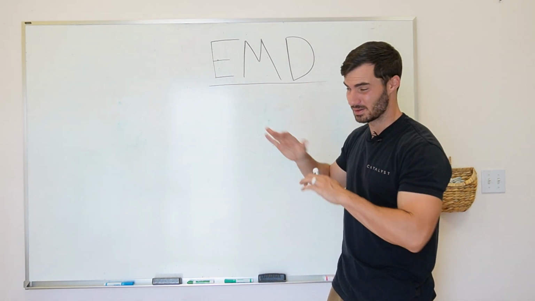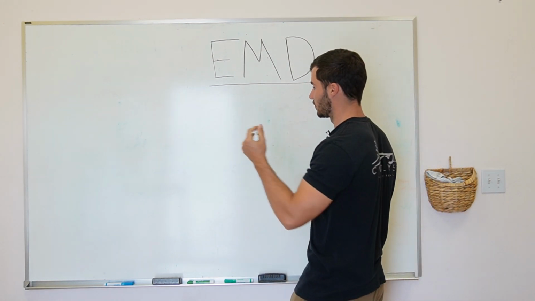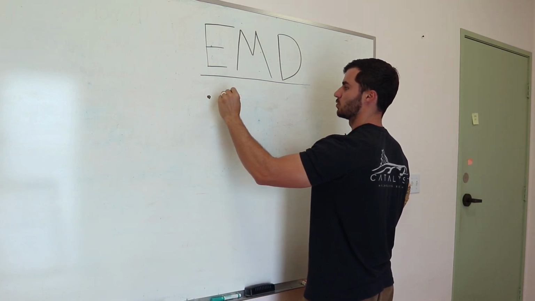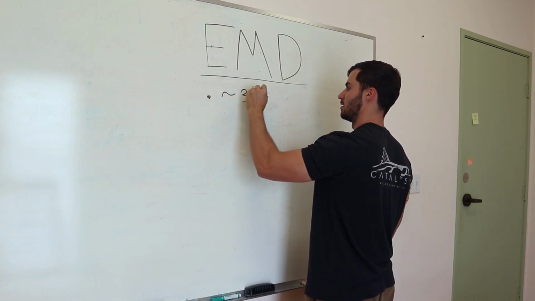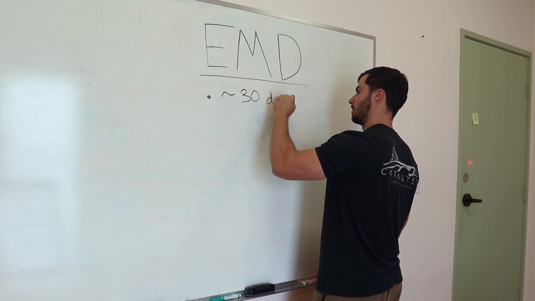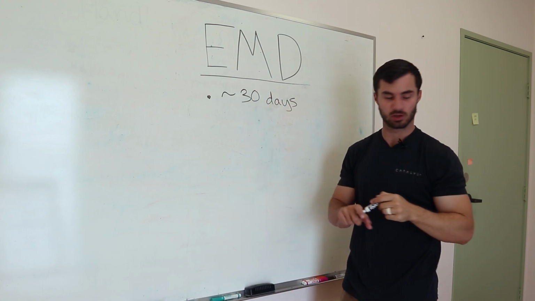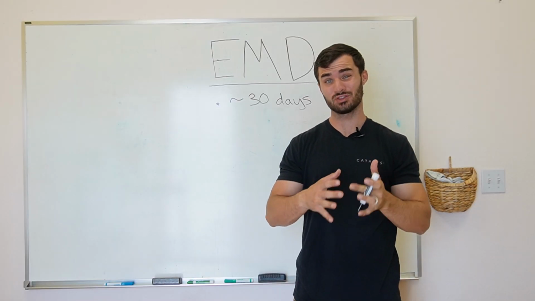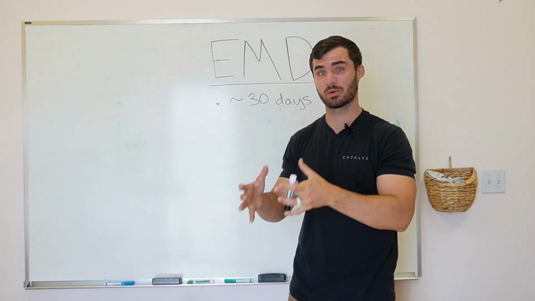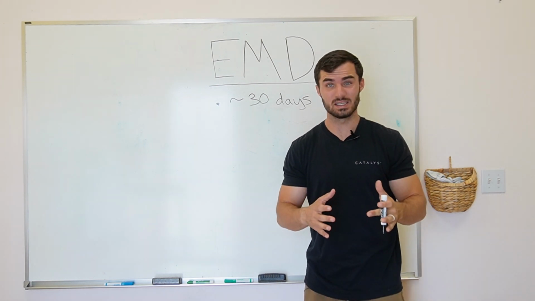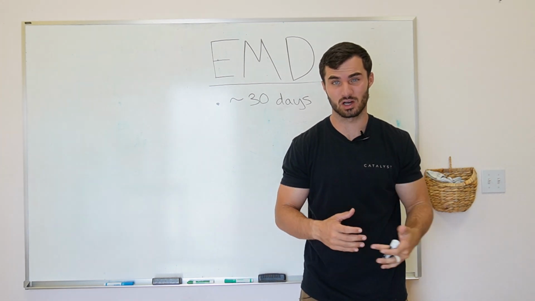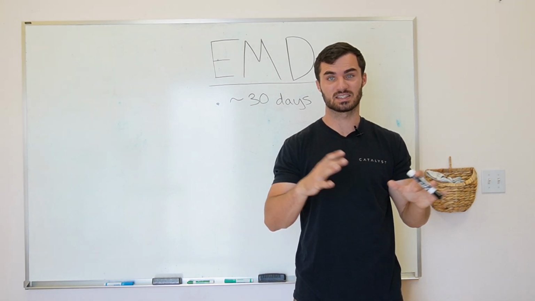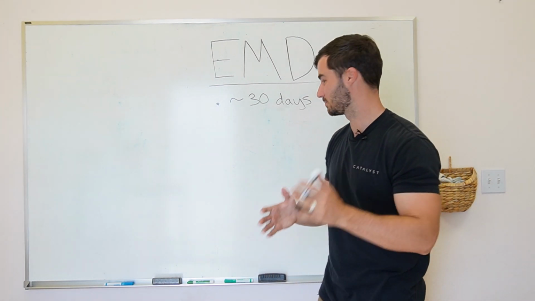Let's talk about some basics of EMD, right? The first thing, when we're talking on our timeline, is that EMD is going to be approximately 30 days. Now, unlike the transactional, like the double closing, EMD is a completely different part of the transaction, although it's actually typically with the same type of person, right? So EMD is going to be what's getting put down on the contract. Again, I'm not going to be breaking down all the different types of lending in that sense today because it's all inside of the masterclass, but